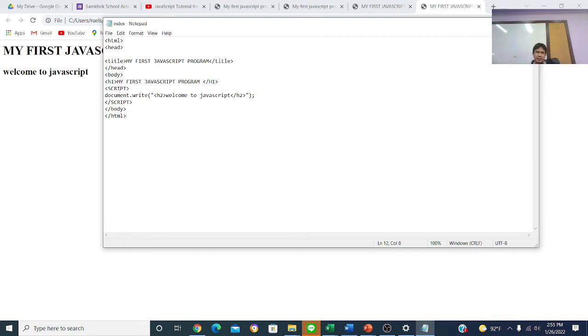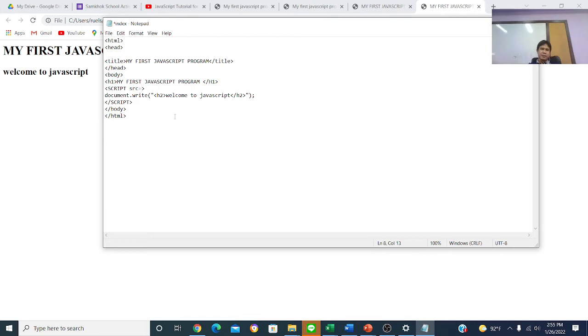how can we separate this? Let's say I want a separate file for my script. I don't like to have it sit here because this is an HTML tag, and it will create confusion for me. So as a programmer, you can also do that using an external file. So we can separate this by doing script source